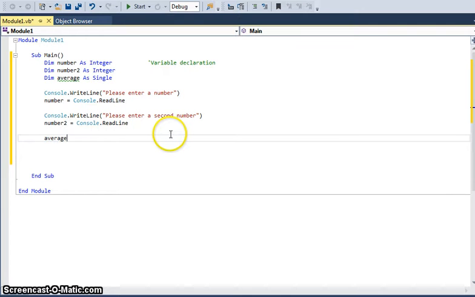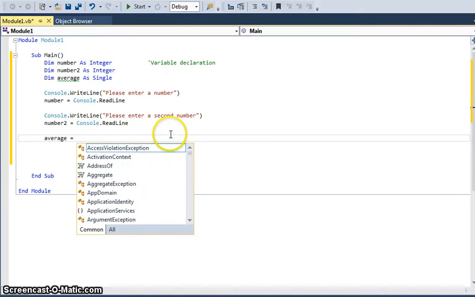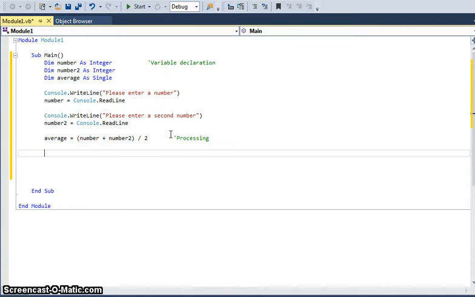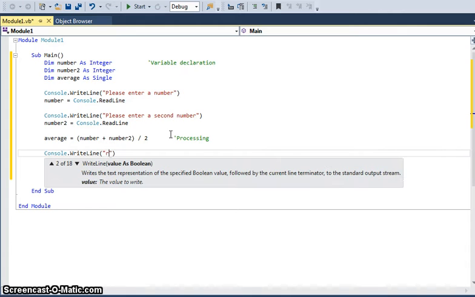To work out an average, we think of our maths that we've done before. We can add both of those together and divide by 2. So that is known as our processing. And quite simply, the average of the two numbers